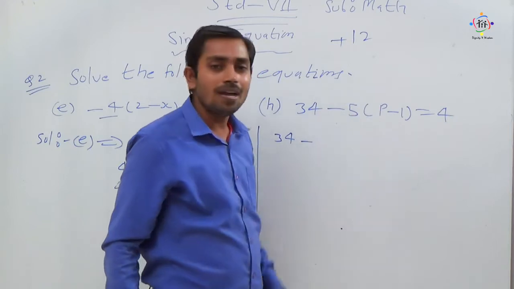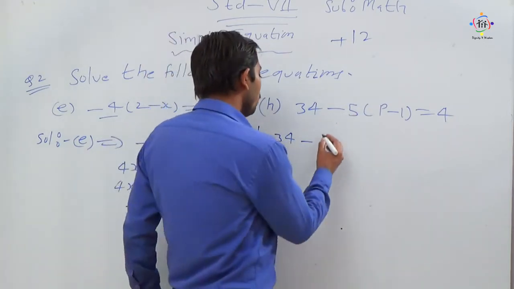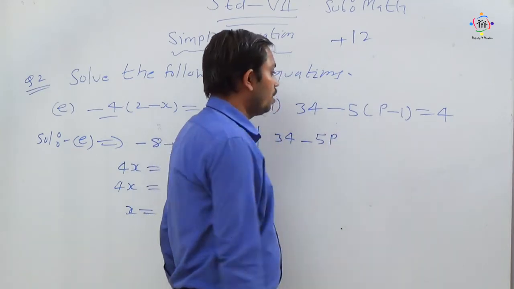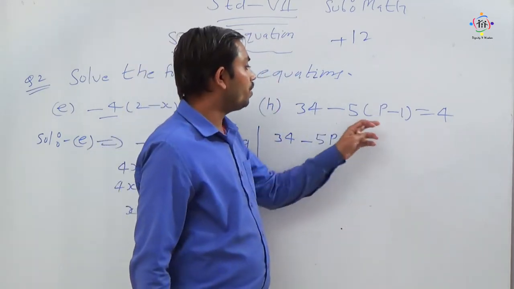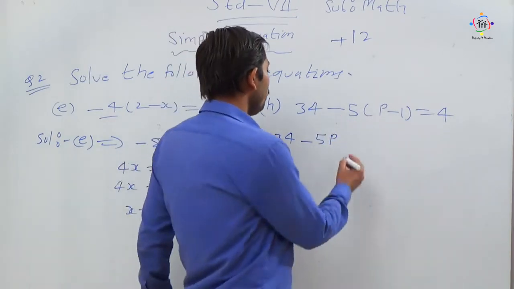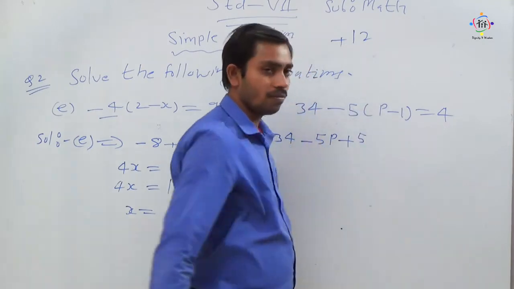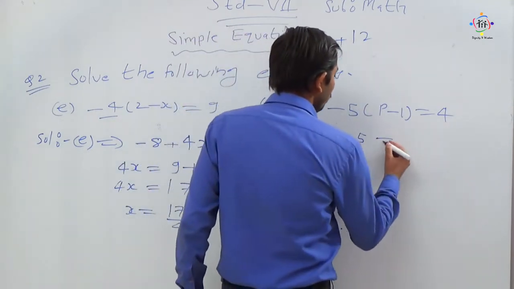So therefore, my dear students, where there is nothing sign given, this means plus sign. Now minus into plus will be minus, my dear students. Now 5 into p will be 5p, my dear students. Now after this, let us proceed to the second step. Second part, minus into minus will become plus. 5 into 1 will be 5, my dear students, is equal to 4.